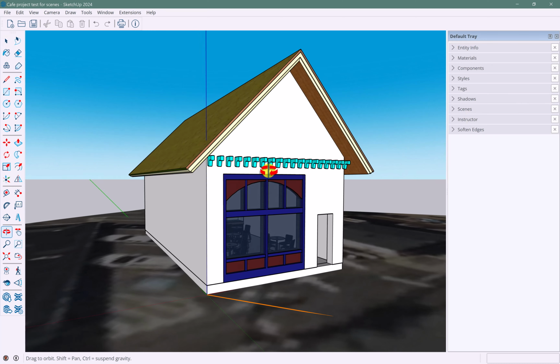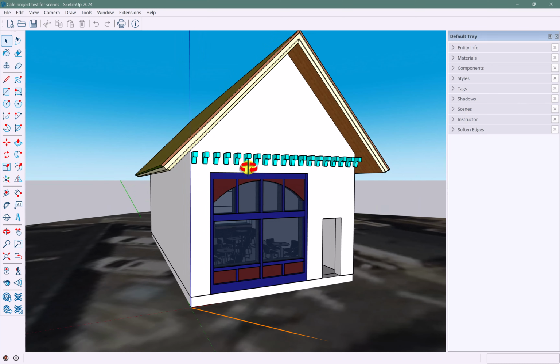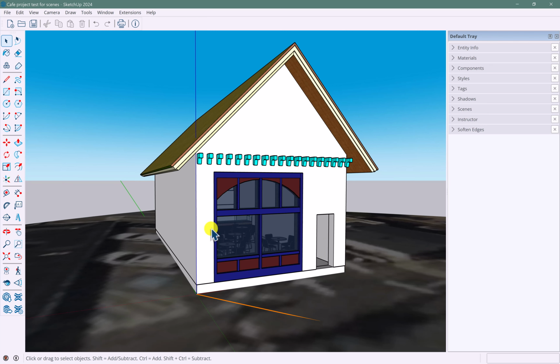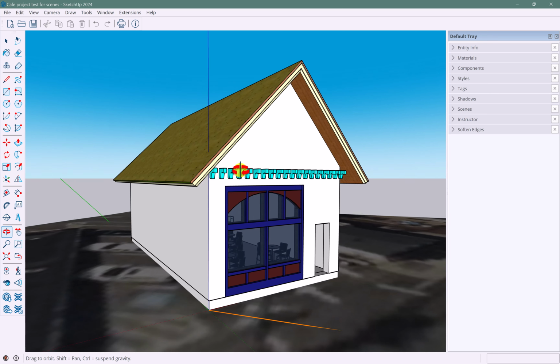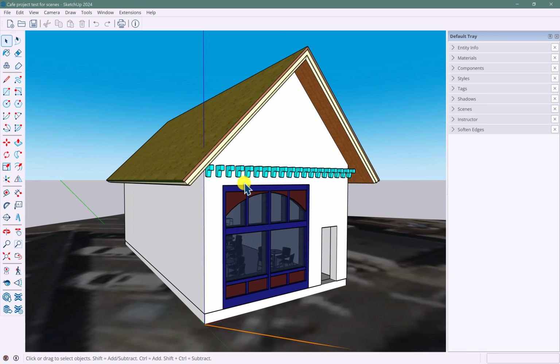So we've got our existing conditions model here, if you remember, and I haven't finished it yet. I haven't put in doors, I haven't put in windows on the side, I haven't finished painting it. Absolutely, I should do that. And to make my life easier and to navigate the model more effectively, there are three things that you kind